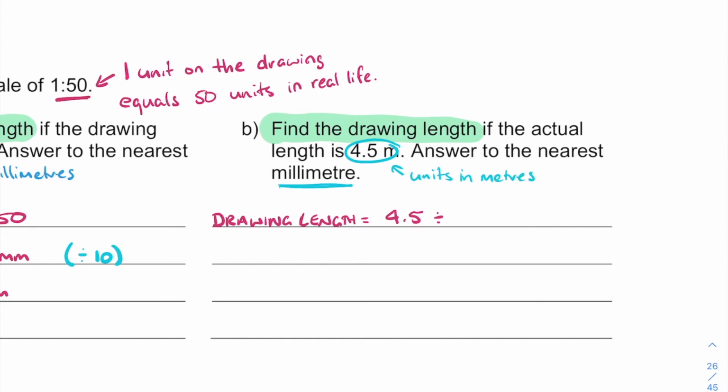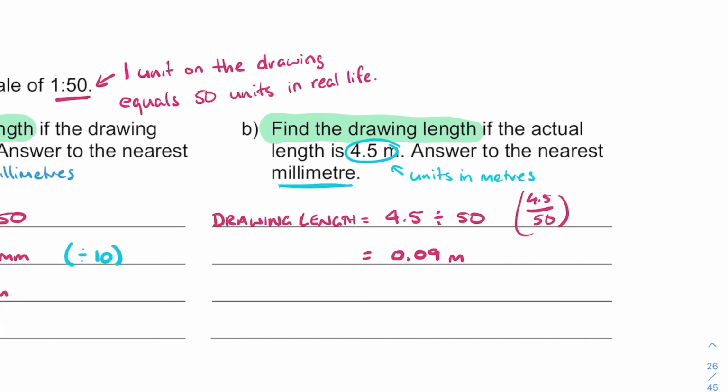So 4.5 divided by 50. If you really want to be a bit technical in your working, 4.5 over 50 is perfectly acceptable. Either one, as long as you are clear in what symbol you're using. So this one's going to be 0.09 meters,